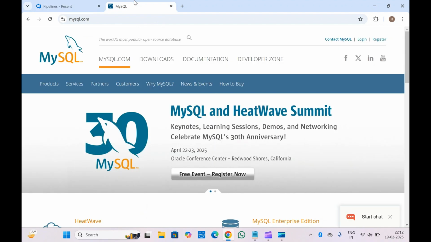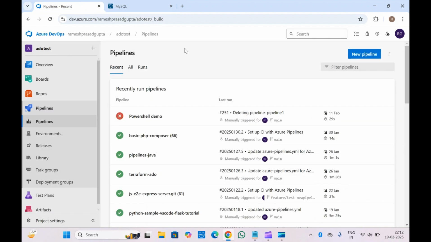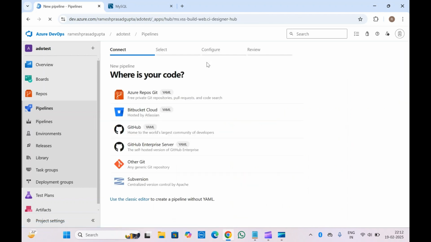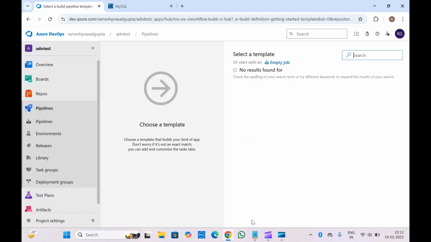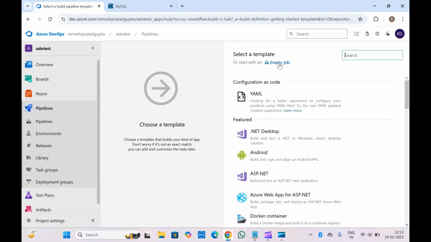First, we'll be setting up the CI/CD pipeline for MySQL, and we'll see how we can deploy the MySQL script from your pipeline. Let's click on New Pipeline. This will help you create a new pipeline. Once this is done, you can either select the classic editor or even Azure repository based on the requirement. Let me set one classic editor pipeline. Click on Continue, Empty Job,